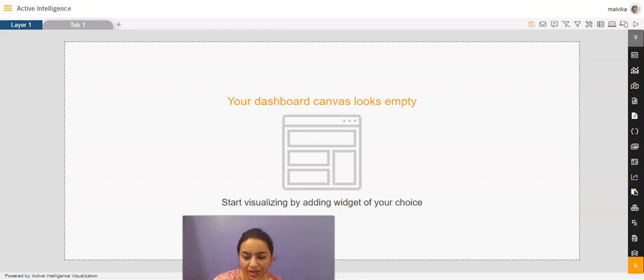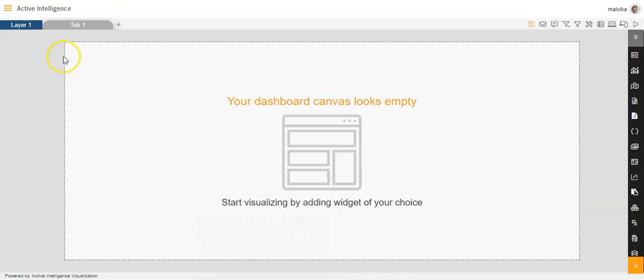In today's video, I'll be giving you the demo of how we can copy, move and delete a widget. So let's get started. For copying, moving and deleting a widget, first of all, we'll go to the dashboard